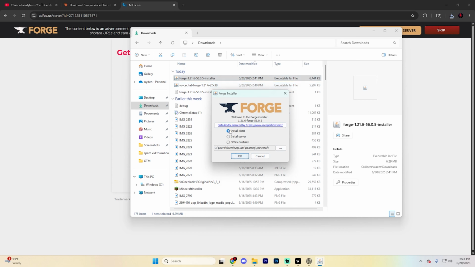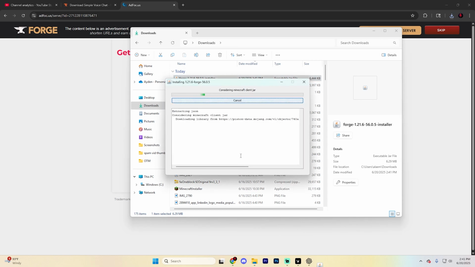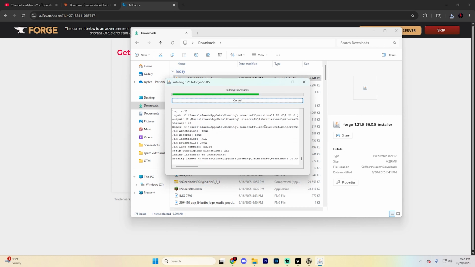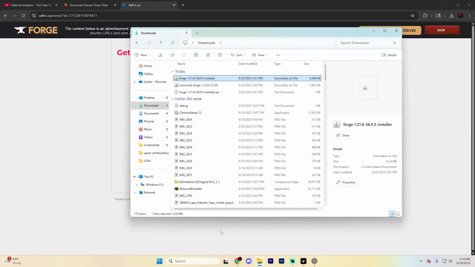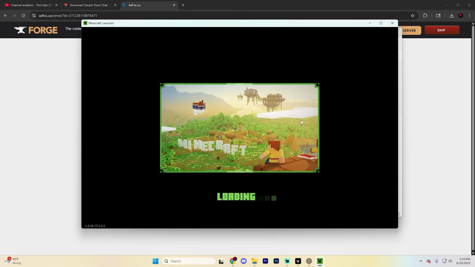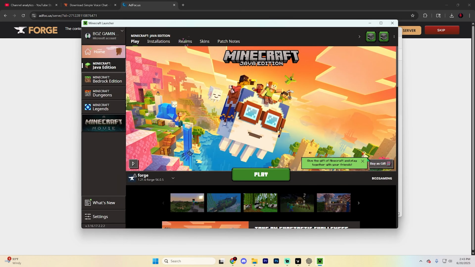Once this opens, simply go ahead and make sure you select Install Client and then hit OK, and it's going to load and do something like this for a few seconds. Once it installs, go ahead and hit OK, and then reopen up that Minecraft launcher, and it's going to take a second to load, but once it does load, what you're going to want to do is ensure that this